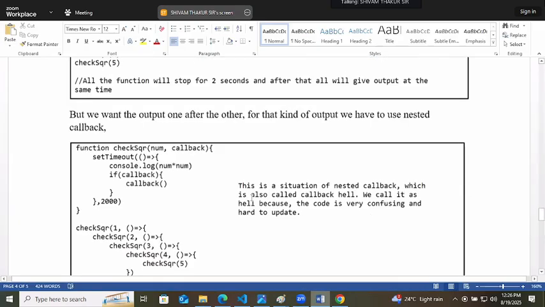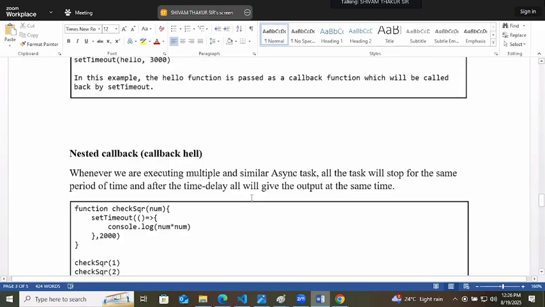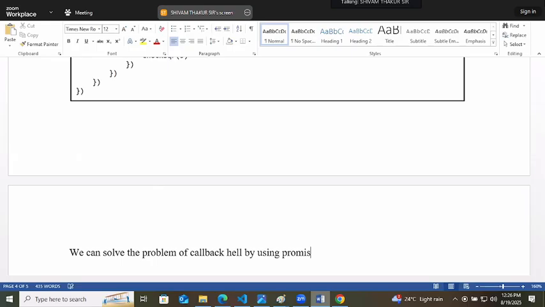Okay. So you understood callback function, nested callback and callback hell. Okay. We can solve the problem of callback hell by using promises.